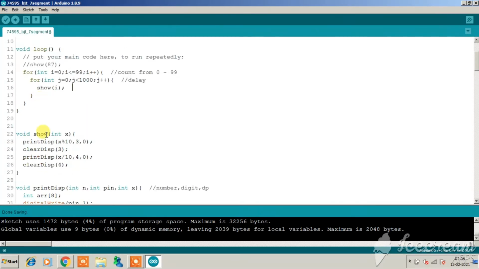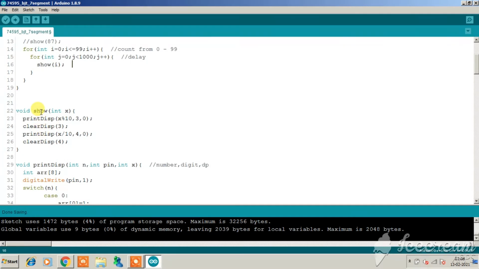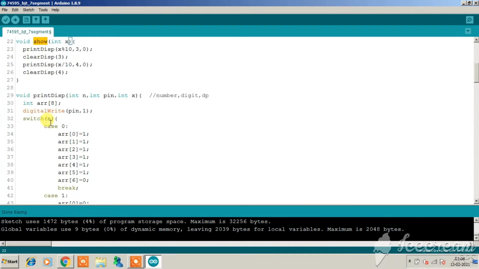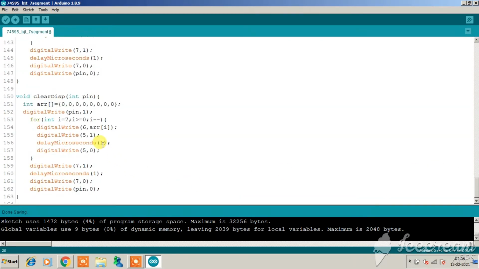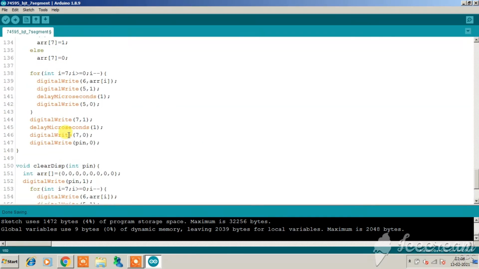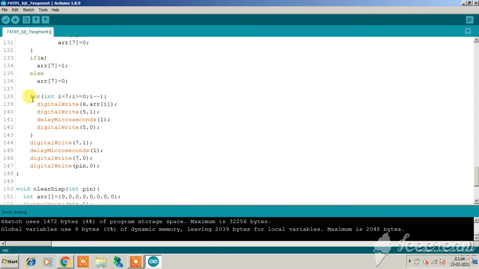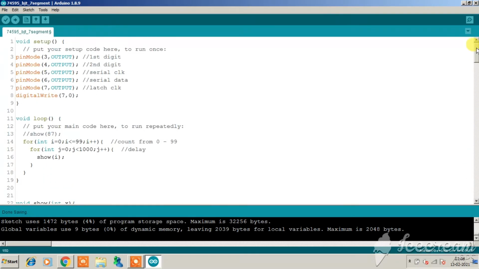So here we have the three custom functions: void show, void print display, and the clear display. To understand how I have written this code, you need to see the previous video on the 74595. I've used exactly the same kind of code which I showed in that video. So if you have watched that previous video, you should understand how I have written the code here.